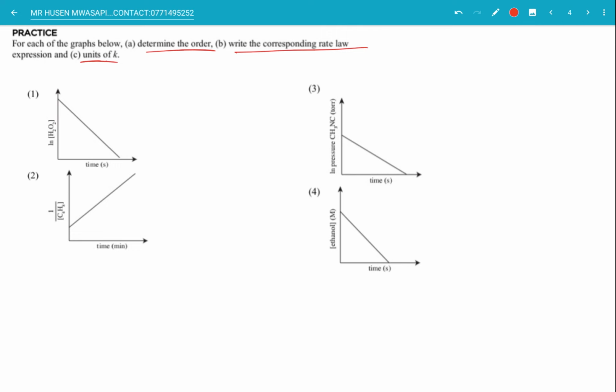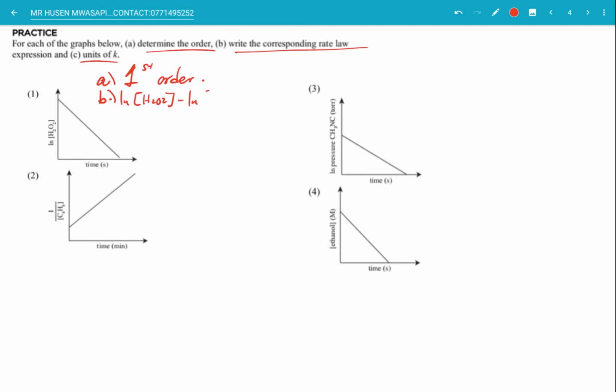We'll start with the first portion, A, which is determining the order. Now if you look, this is ln. So ln of the concentration of the reactant versus time is simply first order, if you can recall from the summarized table. Then they're saying write the corresponding rate law expression. The rate law expression from the table, like we had, is going to be ln of the concentration of the reactant, which is H2O2,